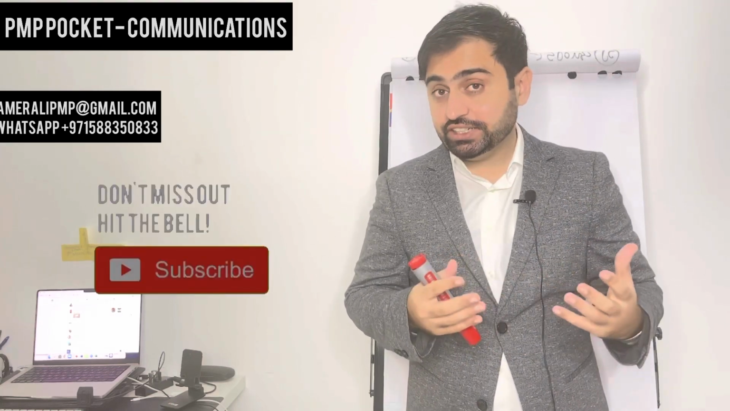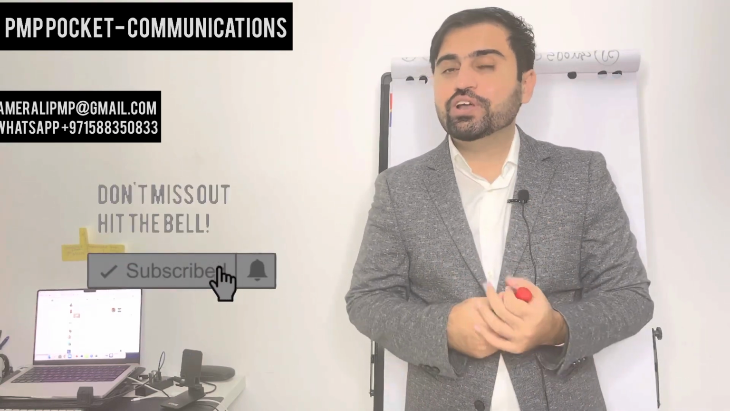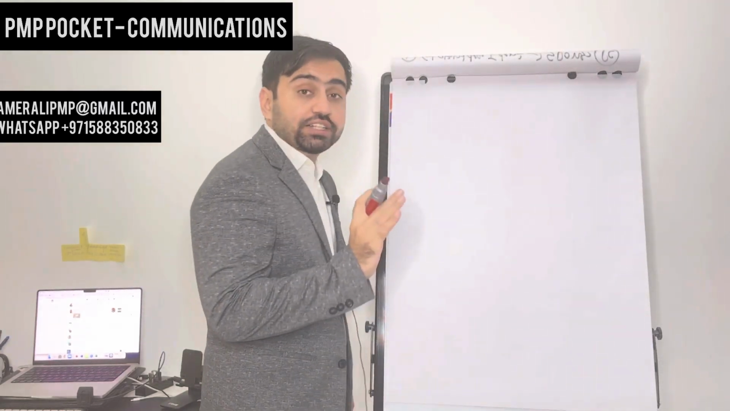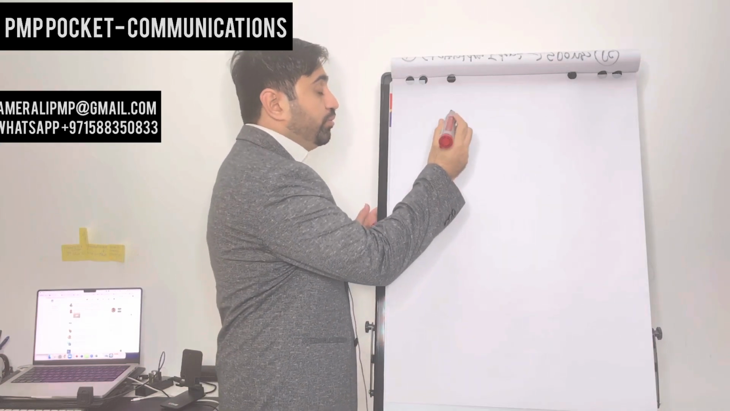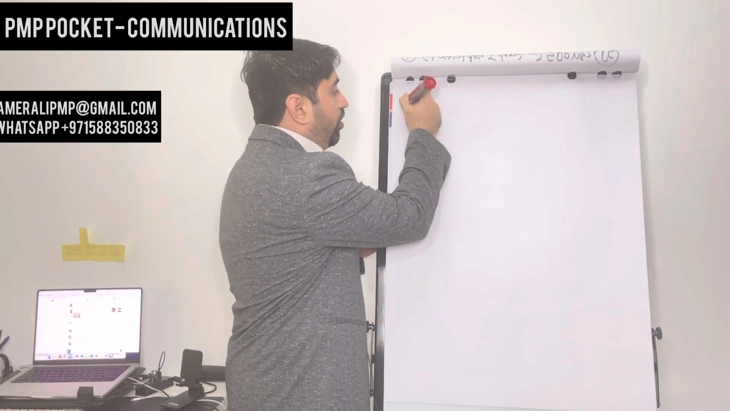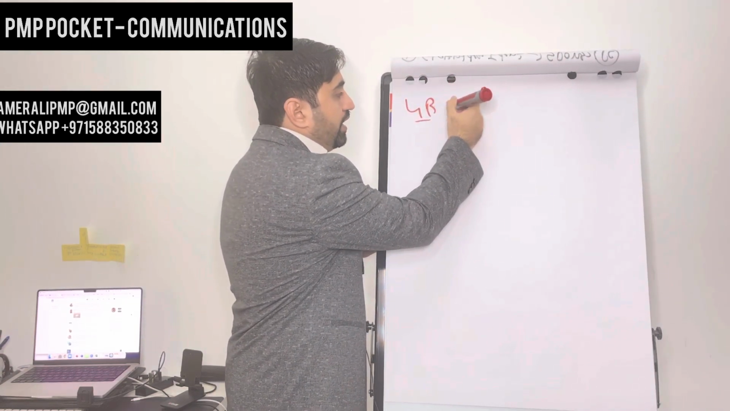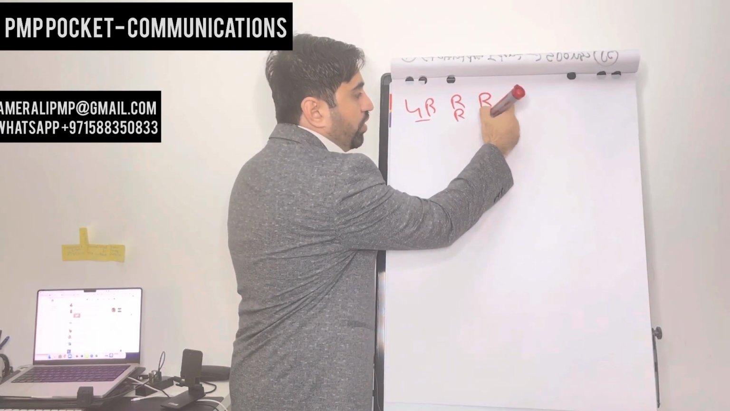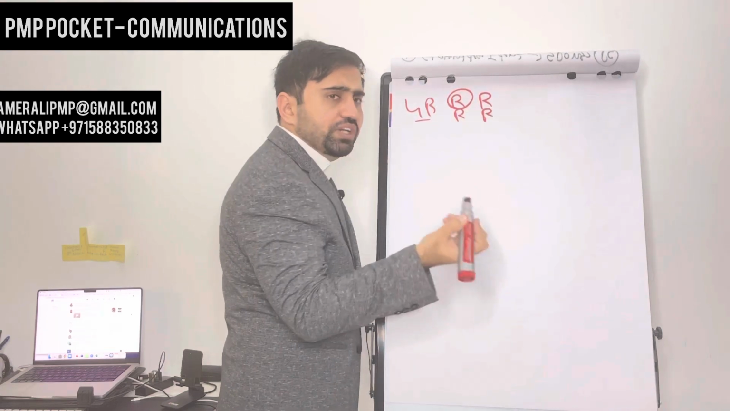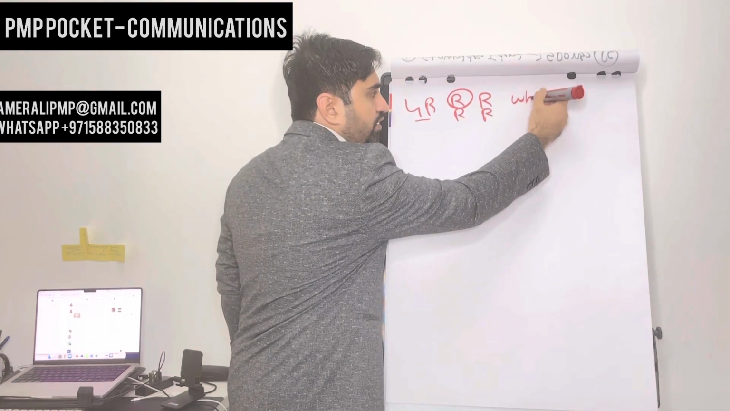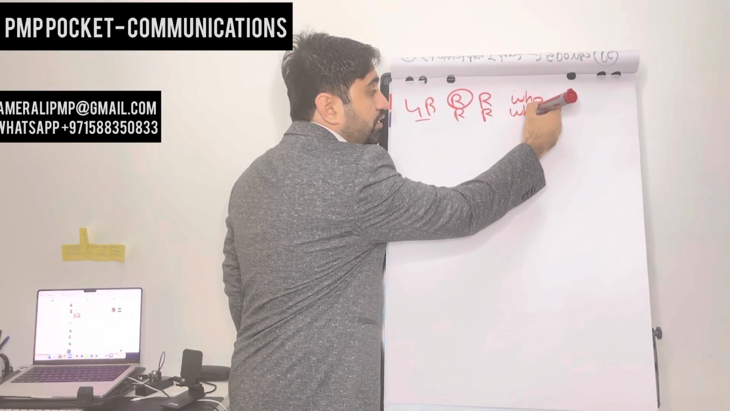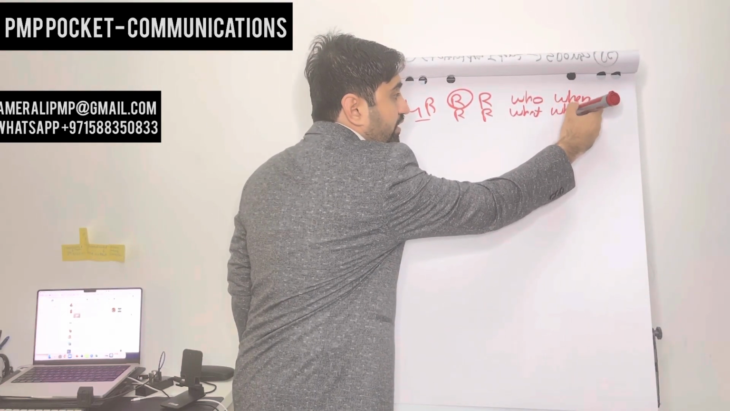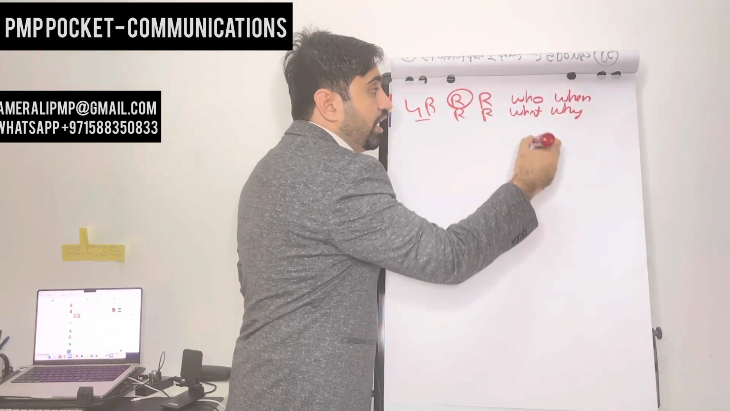We have discussed risk, we have discussed stakeholder. Today, we are going to work on communication and discuss the most important thing that you need to know about the communication. So, communication is all about 4R: right information at the right time to the right people to have right impact. Who needs the information? What is the information? When they need that information, why they need that information, and how you are going to